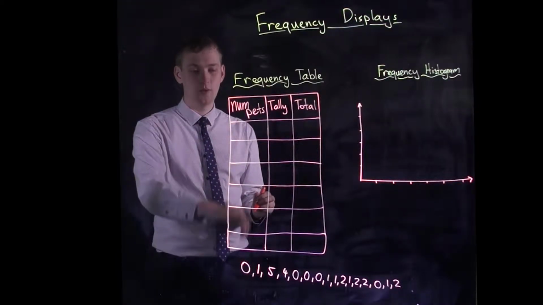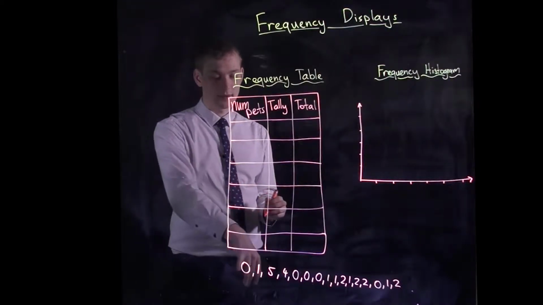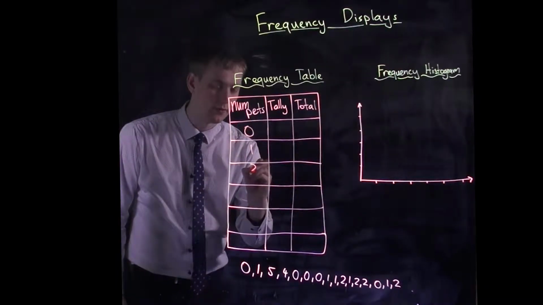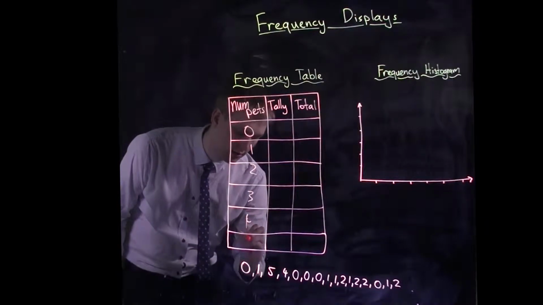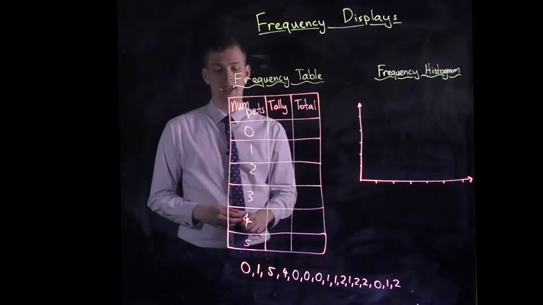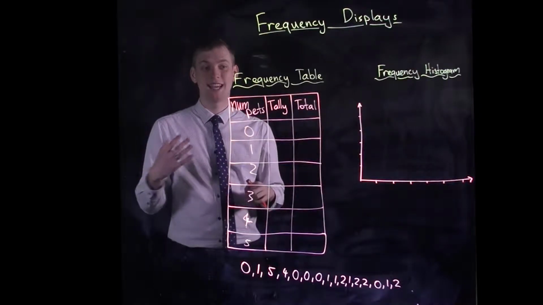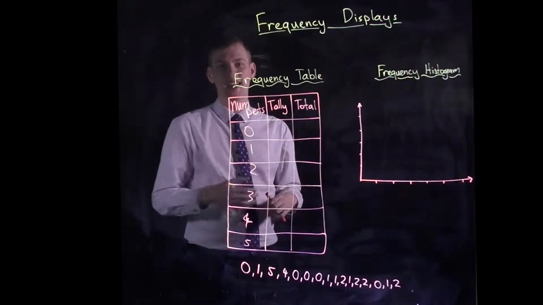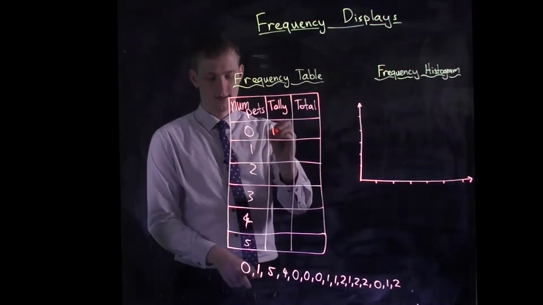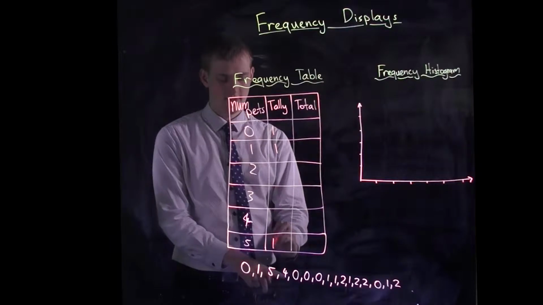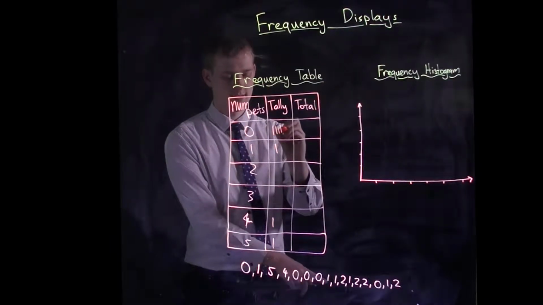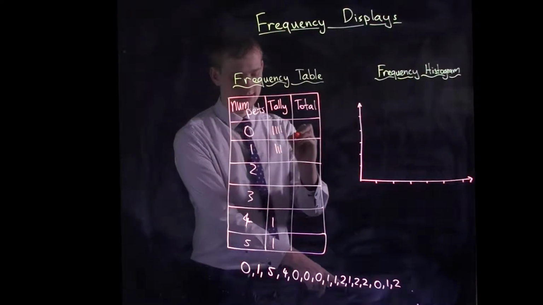Now it's important that you know what goes in each column because you'll have to make these yourselves. Now, down here, we put all possible values. And I'm going to start at 0 and it goes all the way to 5. So we have 0 through 5. Okay. Next, we're going to just tally as we go through our values. It's a very easy way to get to our total. So we start 0, 1, 5, 4, 3 zeros, 2 ones,